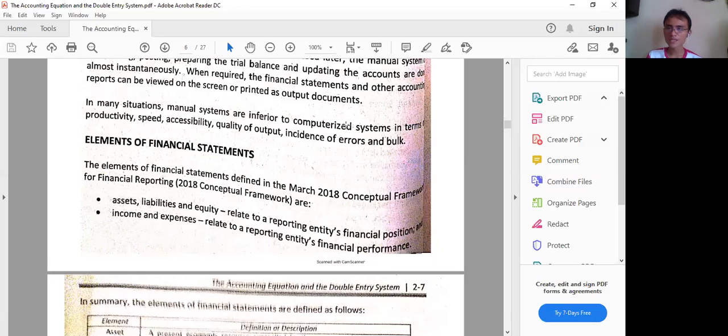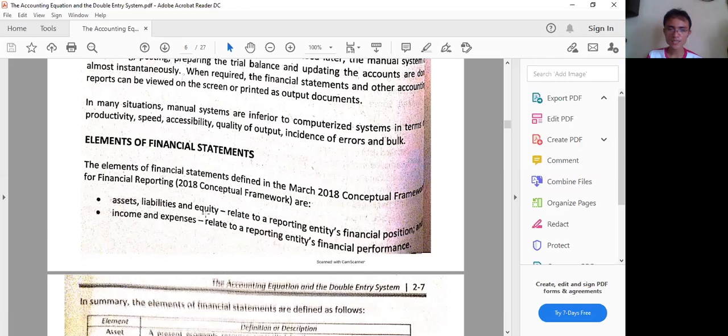So these were already discussed in Lopez's reference in the previous discussions. Hopefully you've checked them out. These particular accounting elements come from the conceptual framework revised in 2018. Make sure also to check my discussions of this in the accounting standards portion, in CFAS, or conceptual framework and accounting standards.